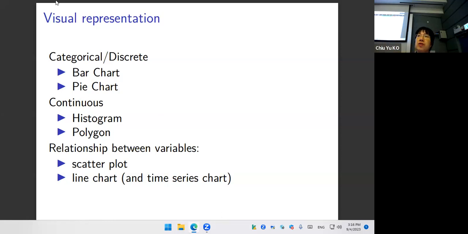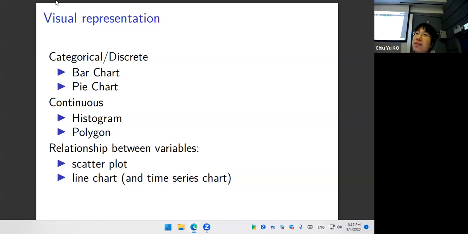If you want to convince your boss with the data, of course, you have to get attention first using a nice chart and then convince with a nice table. And if he's interested, then he will read your analysis carefully. Otherwise, you lose attention, you lose everything. So hopefully, although we don't go over this one by one in detail, I can't emphasize how important they are. Even in my own research, I would convince people using the graph first, right? If the data tells you the story, you've convinced him 90%, right? You just support it with the math foundation, right?